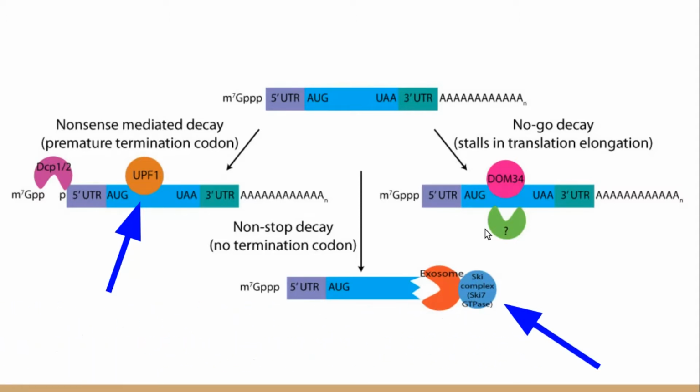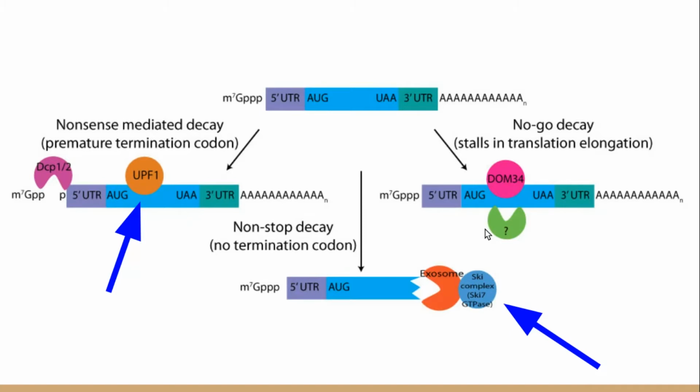In non-stop decay, the original mRNA transcript lacks a stop codon, so it's non-stop translation. And when the ribosome reaches the end of an mRNA without finding a stop codon, it leaves the ribosome in a very awkward position where its entry and its peptidase domains are basically left open. So remember that the ribosome has the E, the P, and the A tRNA binding sites. I didn't cover that, but anyways, the open site in the peptidase in the entry domain